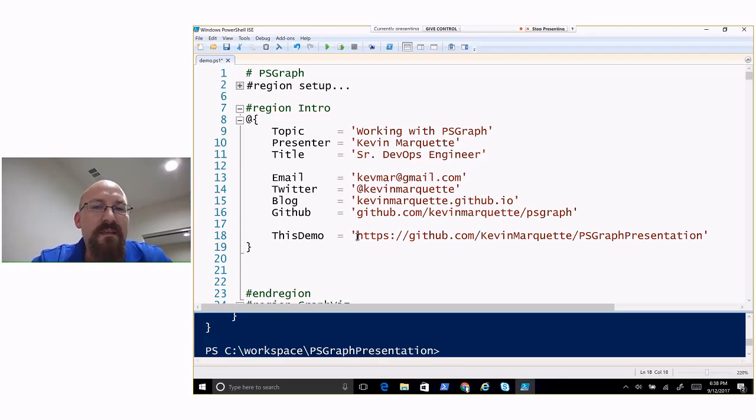GraphViz is an open source engine that I'm utilizing to do the layouts and the rendering. I'm going to introduce my module and all the basic commands and the various ways we can use those commands. Then, about halfway through, we're going to shift into actually building graphs and scripting and generating them on the fly or data driven. And that's where the real fun is. So to begin,